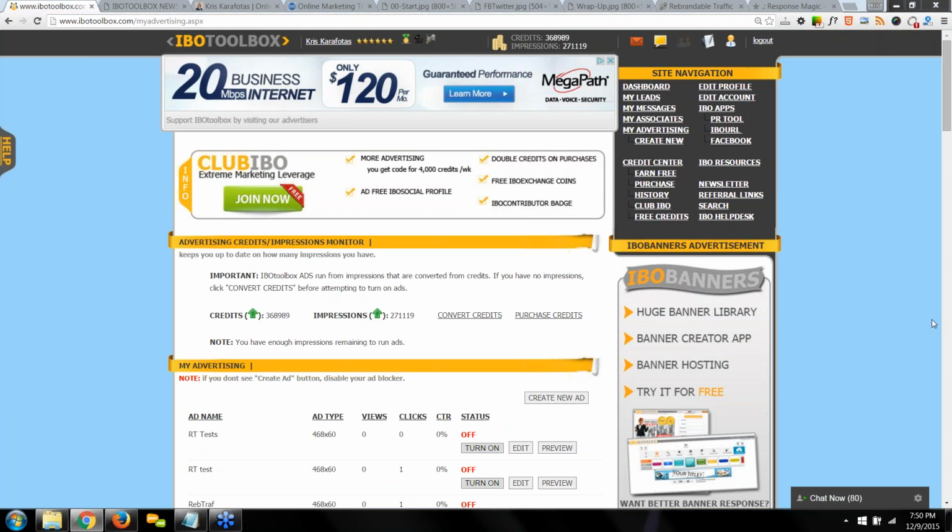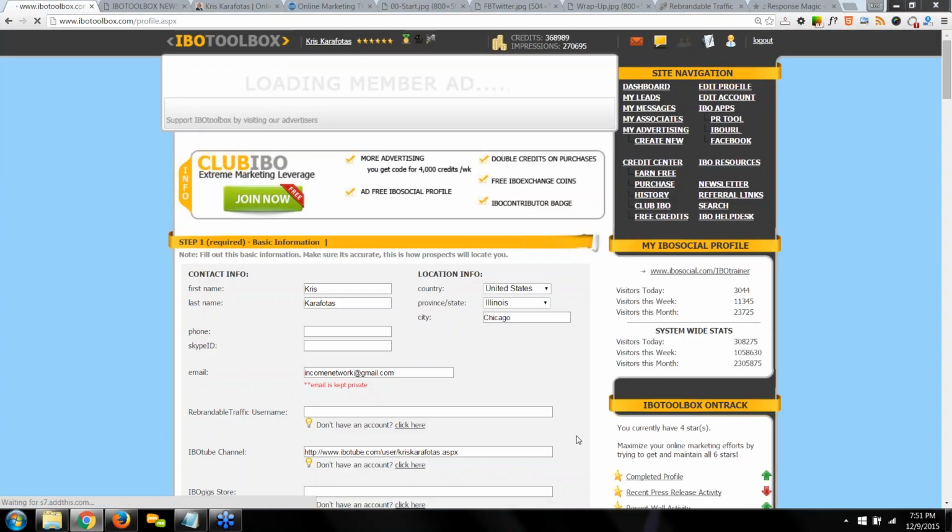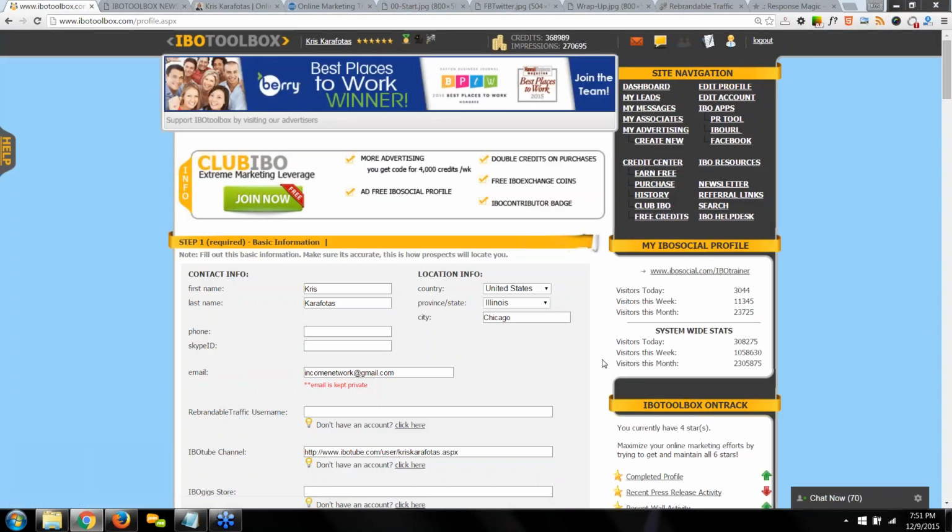Okay, so what I want to do for you new members, to be fair to everyone, is show you how to get your profile set up because it's really important that you do that. You want to make sure that it's set up and ready to go. So we're going to click on Edit Profile, and really just 3 basic steps to get your profile set up. Since we don't have a whole lot of time, I usually just go through the basic 3 steps. There are 9 steps and you're definitely going to want to get them all completed because really the more information you have on your profile, the better.